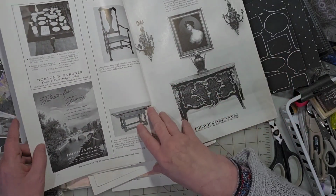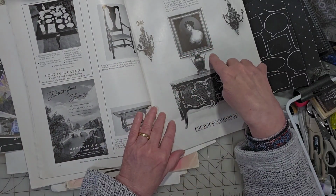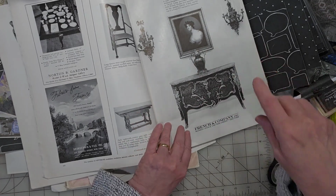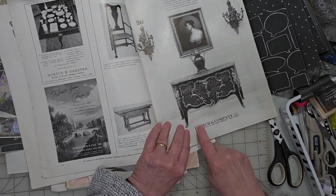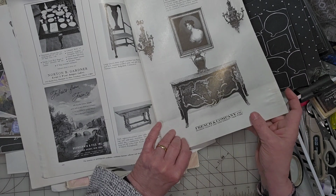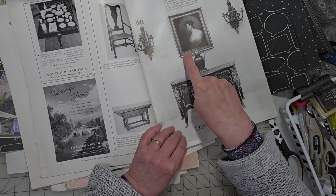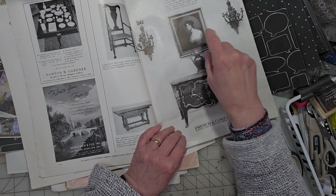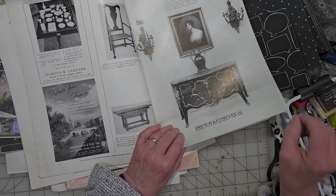Love that. That is a beautiful picture, but there's a little bit of interference with this vase. So I think I would just keep French & Company down here. Unless I trim the picture out from the frame itself and just have the picture. But then...